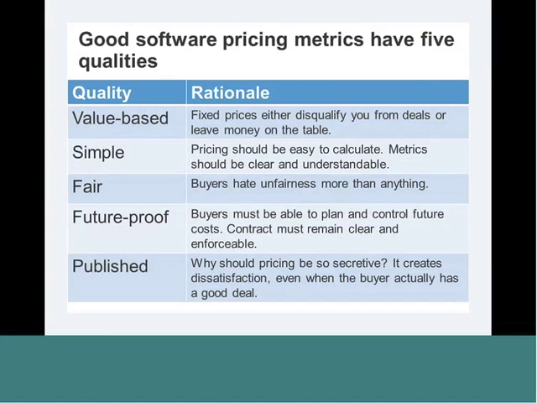So how do we pick the metric that works for us? Well, when I am advising software companies, I say you need to have these 5 qualities in your pricing. And I'd encourage you, when you're looking at a pricing proposal, to look at the way the vendor has priced their product and say, does this make sense from these 5 qualities? Is it kind of value-based? Does my payment for the software increase when I'm using it more and getting more value from it? Or is it measured by some arbitrary metric that has nothing to do with whether I'm benefiting from the product or not?